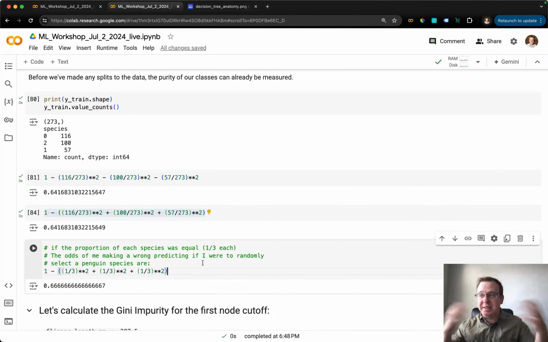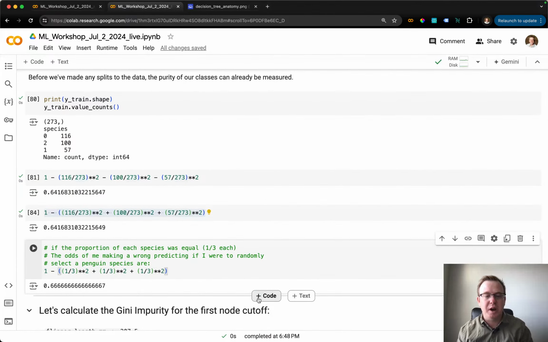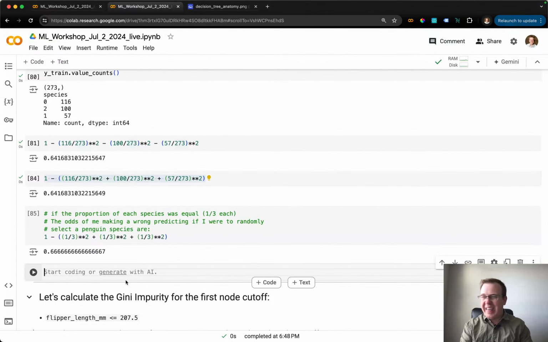If I'm using my dumb baseline model, it's kind of like this. Well, my dumb baseline model wouldn't have exactly 1/3. It would have the baseline proportion. So 0.64, that is the odds of making a bad prediction if I have my dumb baseline model, right? That is just predicting Adelie a certain percentage of the time, Gentoo a certain percentage of the time, and Chinstrap a certain percentage of the time. I want to contrast this with, what if I had a model that had a lot of what we call